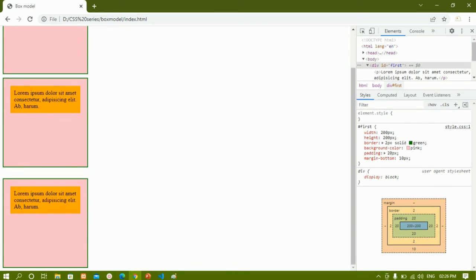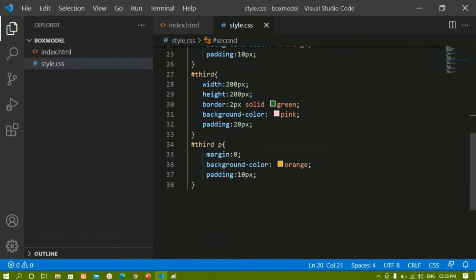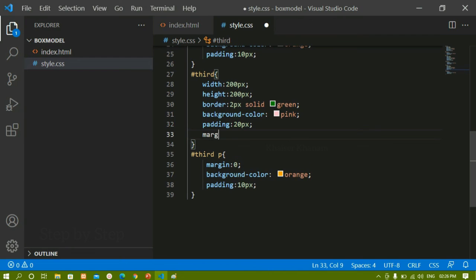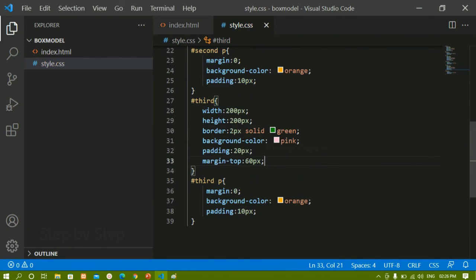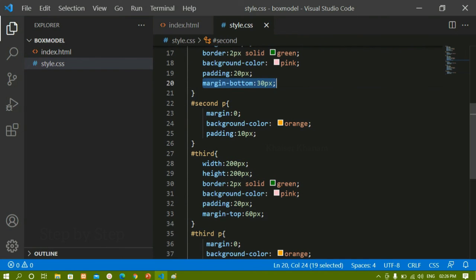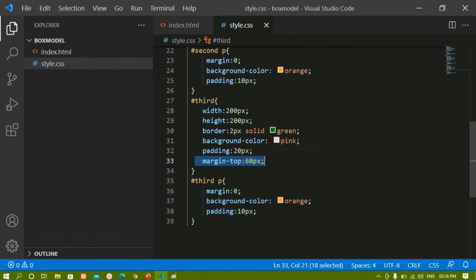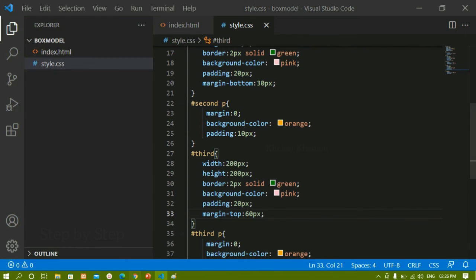And also you have to be very specific about what border, what margin it is going to apply. Now for this div container, I have given the margin bottom as 30 pixel. Now for this, if I give margin top, let me just come here, and here I'm just going to give margin top 60 pixel. Now from here I'm having margin bottom of 30 pixel, and for this I'm having margin top of 60 pixel. So total 30 plus 60 will be 90 pixel.